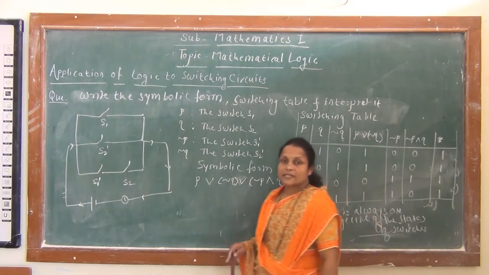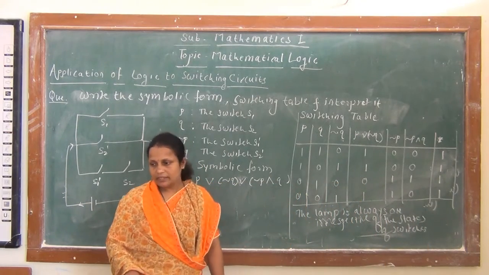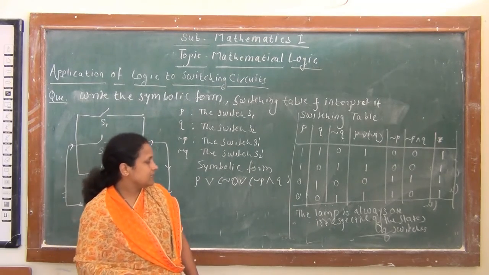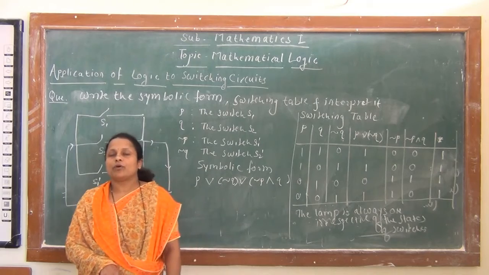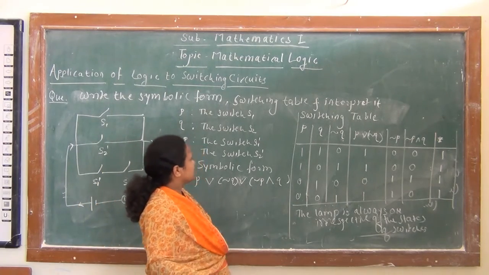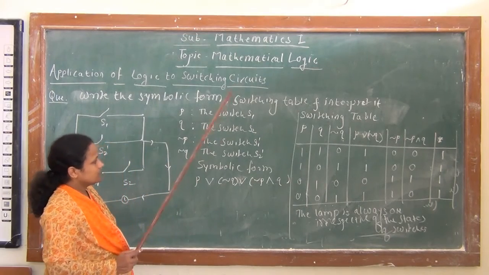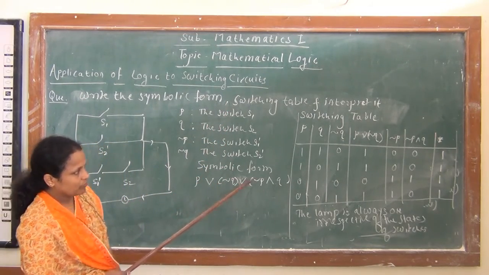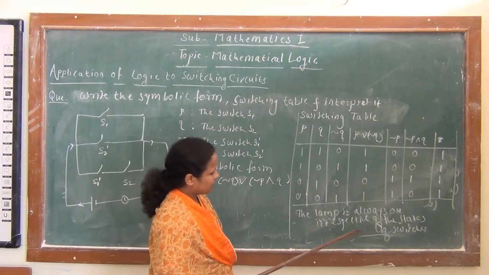So remember this last line carries 1 mark. The lamp will glow, or the lamp is always on, irrespective of the status of the switches. So this example carries 4 marks: 1 mark for the symbolic form, then this table, and 1 mark for